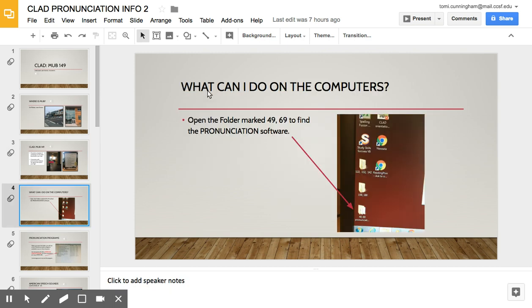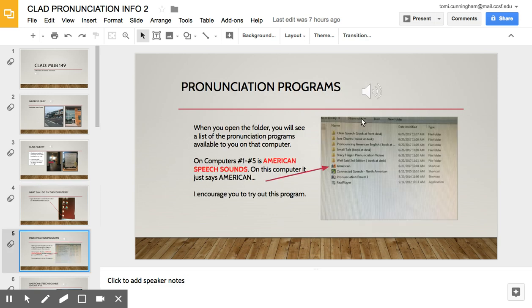Now, what can you do on the computers that have the special pronunciation software? First, what you have to do is find the folder marked 4969. 69 is the next level pronunciation class. And that's where you find the special pronunciation software. When you open the folder, you'll see a list of the pronunciation programs available to you on that computer. So, for example, on computers 1 to 5, and the computers are numbered,